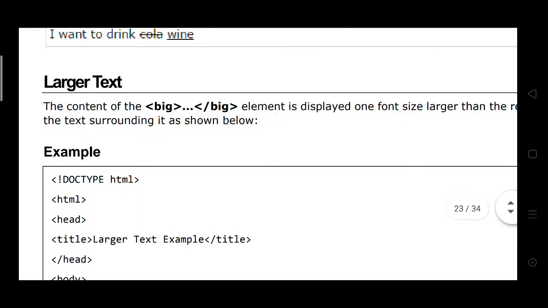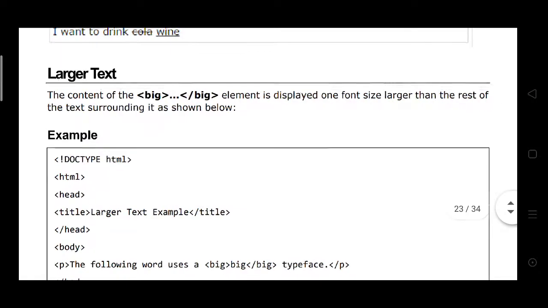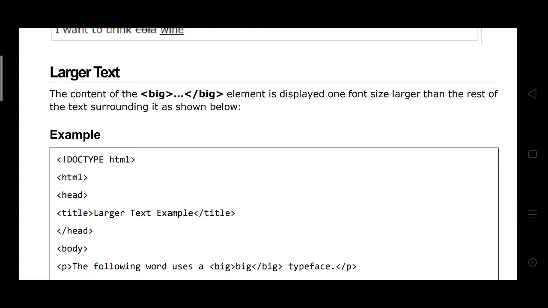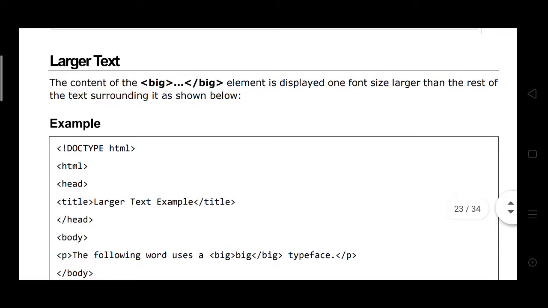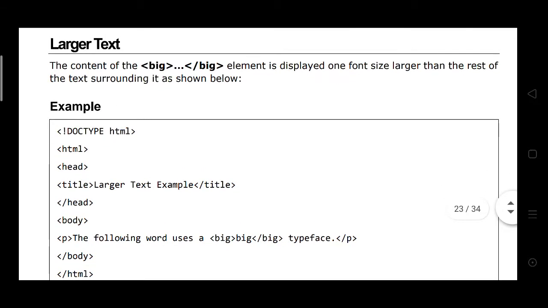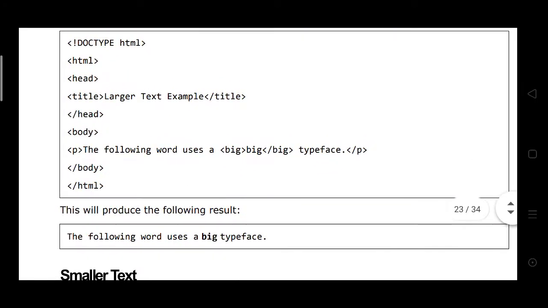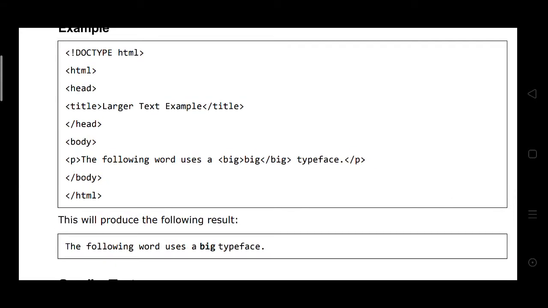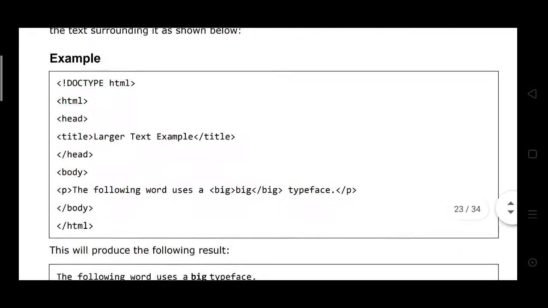Larger text: here the content of the big element is displayed one font size larger than the rest of the text surrounding it, as shown below.